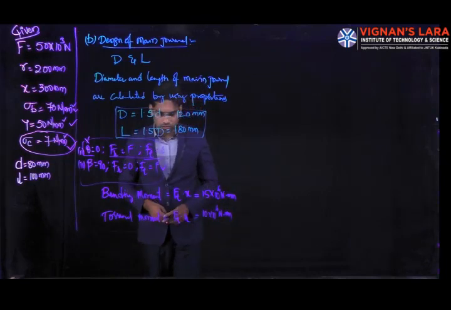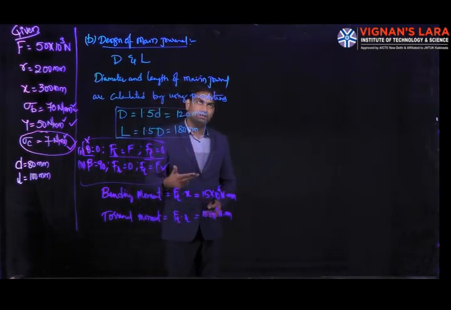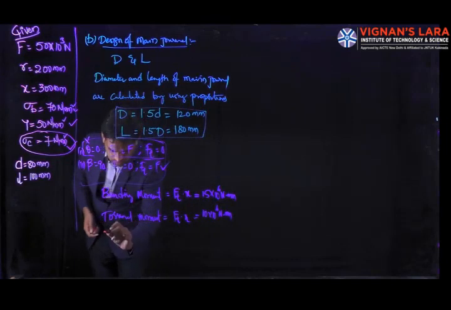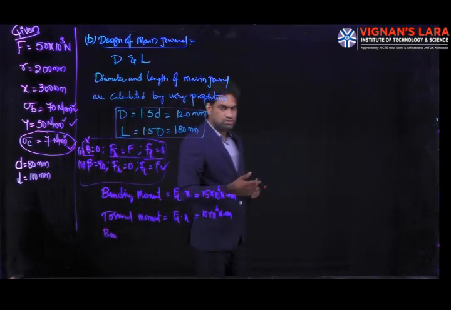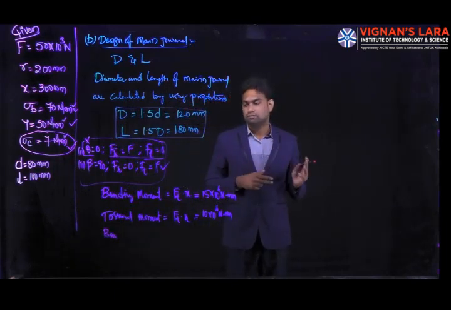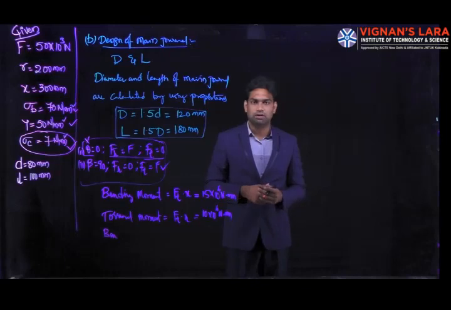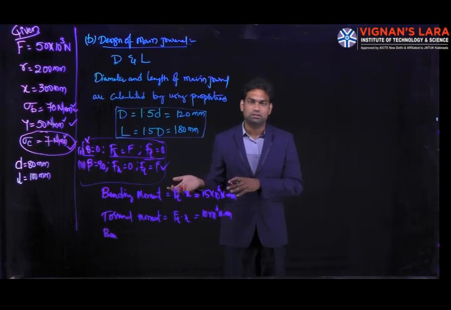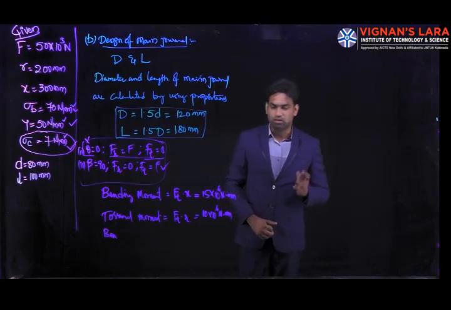By using these I can find out the stresses induced, that is the bending stress and the torsional shear stress. Let us see how it is going to be. Initially the bending stress. In the design procedure we have written finding out the bending stress and the torsional stress and finding out the maximum stresses, like maximum bending stress or maximum shear stress. Instead of that, we can also find out the equivalent bending moment and equivalent twisting moment. So we can calculate the equivalent bending stress and equivalent twisting stress or torsional shear stress.